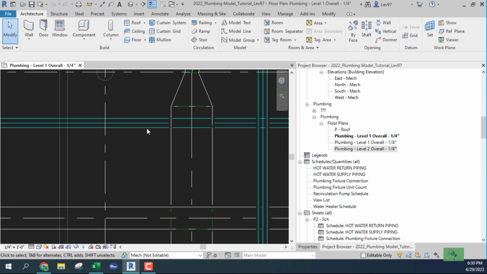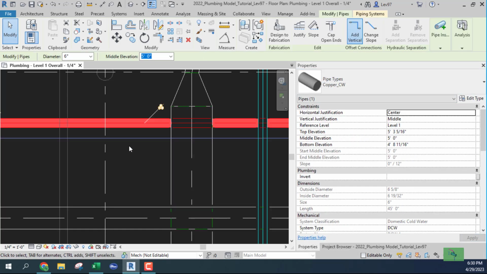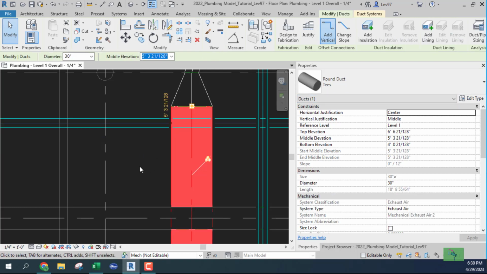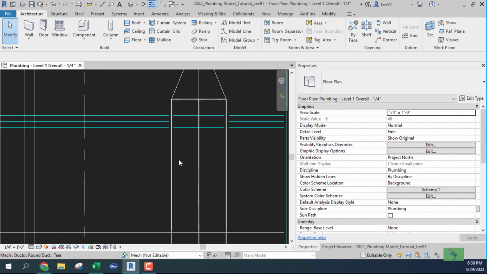clearly, this is a duct and this is a pipe. Let me just highlight this here so you can see the properties. That's the duct, and that is a pipe, a 6-inch pipe. That is a 30-inch round duct. And you can see that